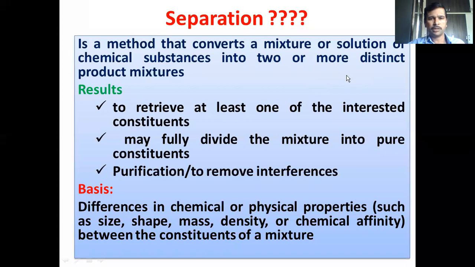mixtures. Say, for example, if you have a mixture containing two chemical components or three chemical components or multiple chemical components, we will be interested to separate all those components which are present in the mixture. So we will subject the mixture to a typical separation technique, and we will bifurcate them. Each and every individual component will be separated.